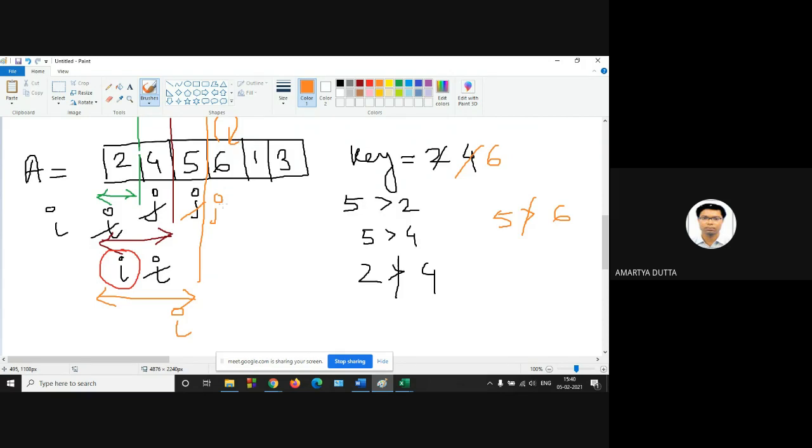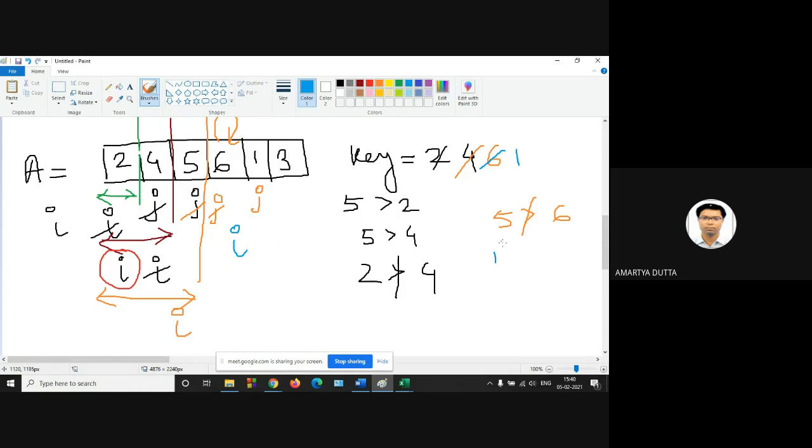Then increment the value of j. So the value of j is this and the value of I will be this position. So what is the new key? 1, right? New key value is 1.